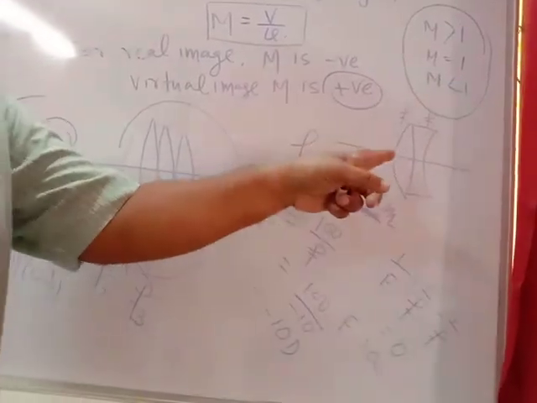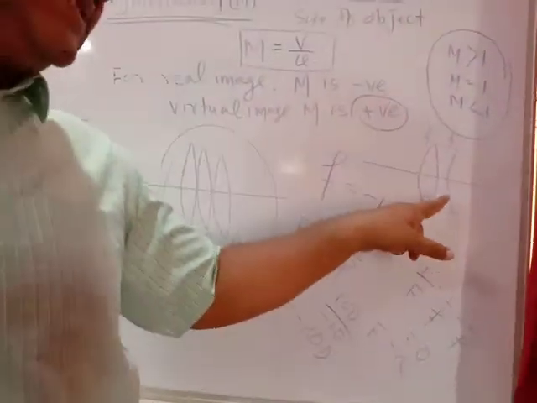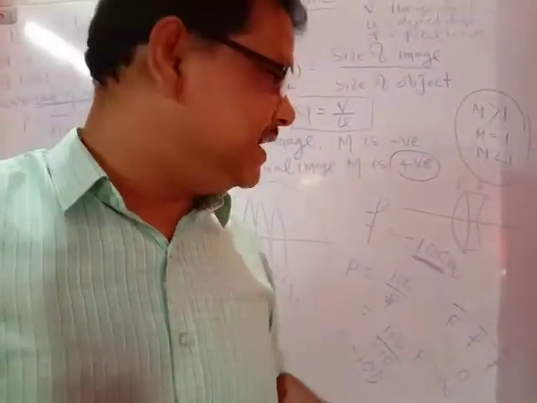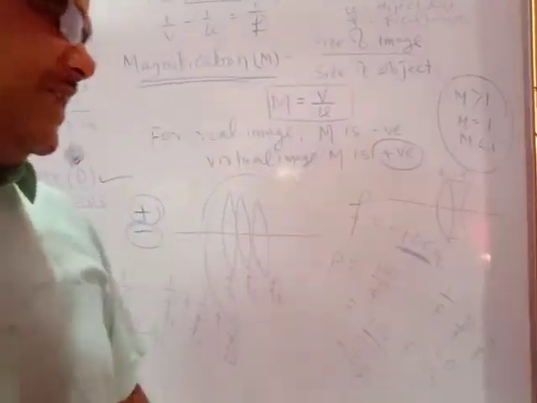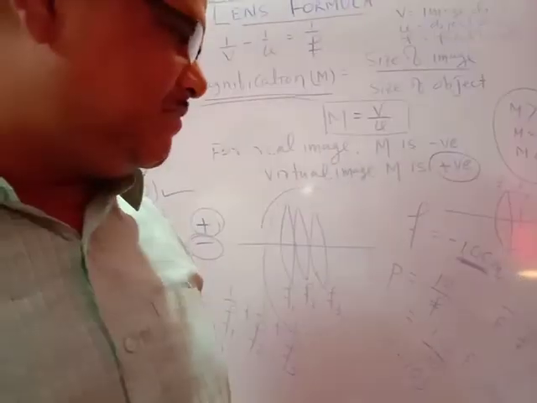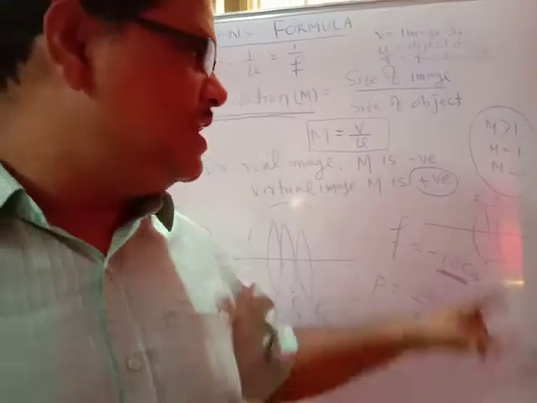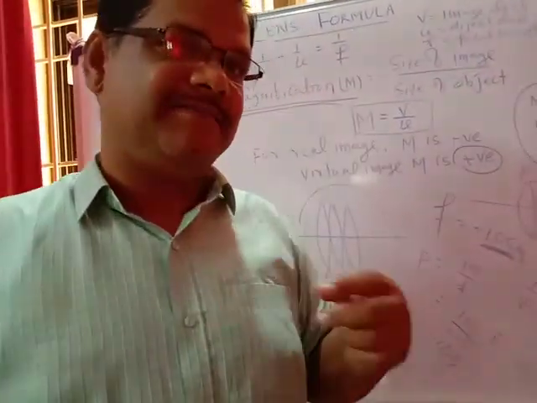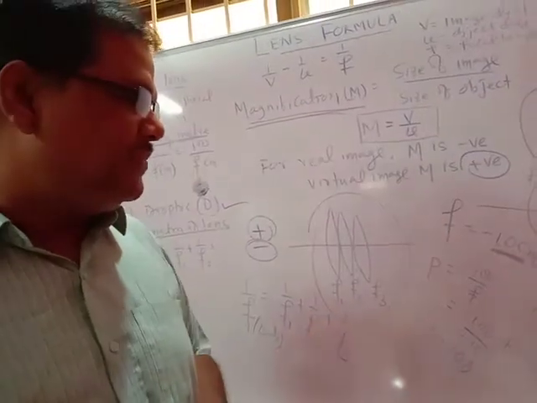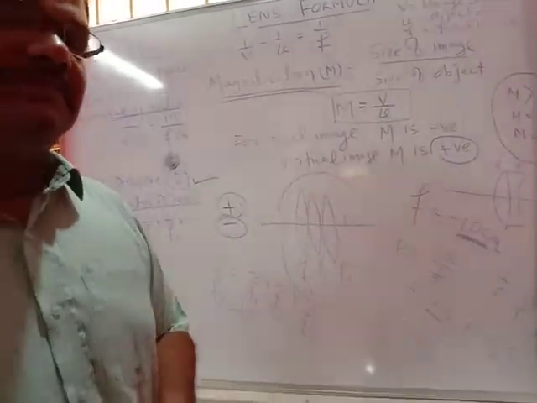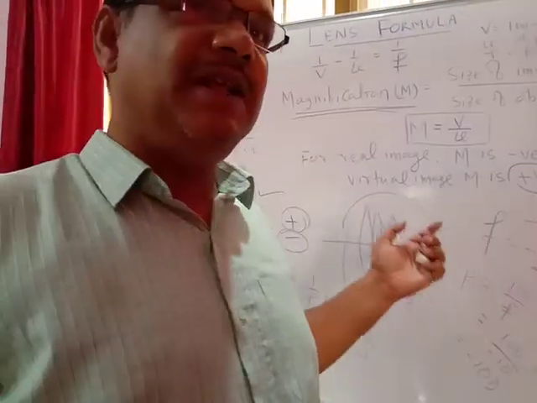Because the concave lens and convex lens both have the same focal length, if they are joined coaxially, the focal length of the combination will be infinite, but the power of that combination will be 0. So this combined effect will behave like a glass slab, the power will be 0 and the focal length will be infinite. This is all about your lenses. Thank you.